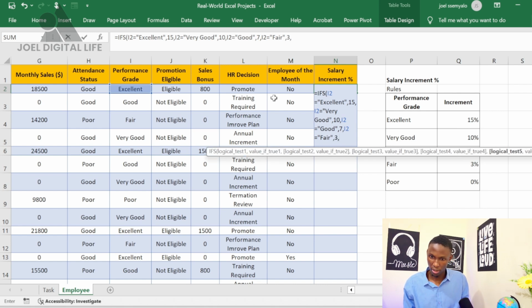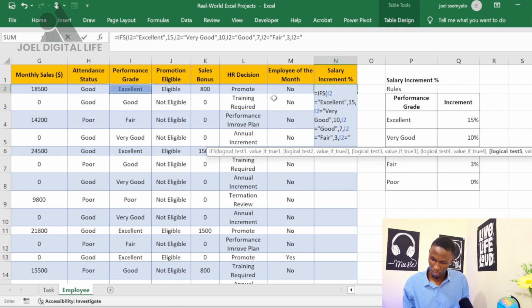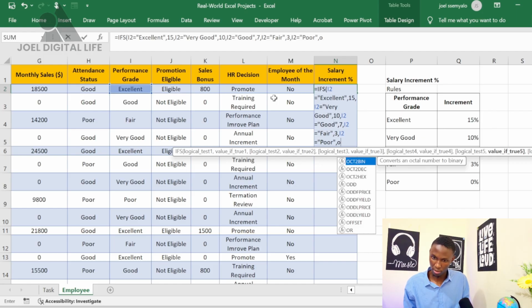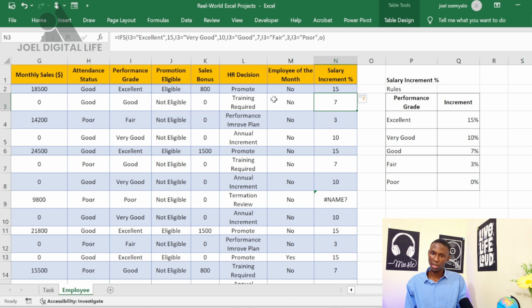Again, if this cell I2 is equal to poor, then it should be 0, should get nothing. I'll go ahead and close this. I hit enter. As you can see,